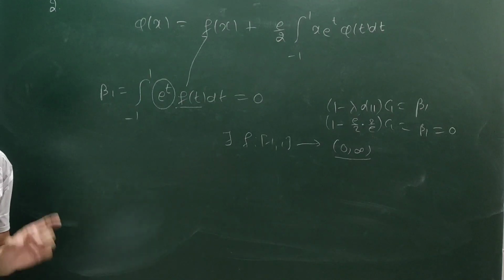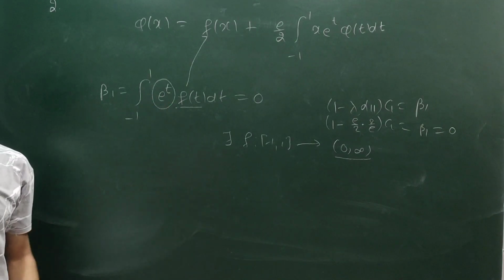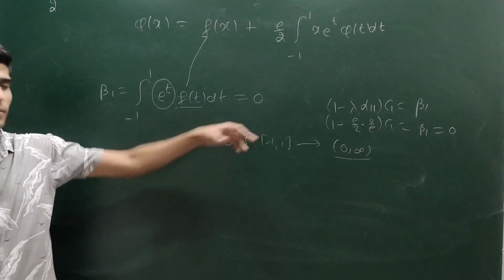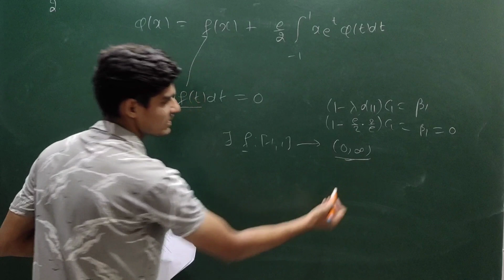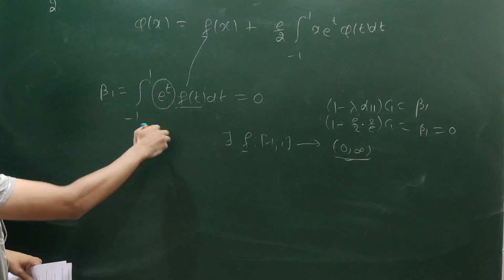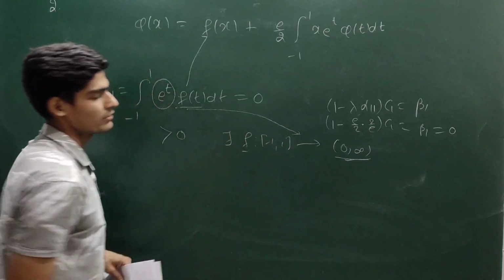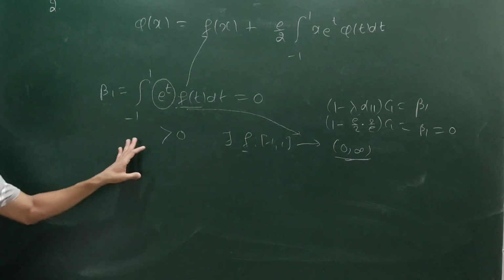And by Riemann theory, if your function is positive, then the area will be positive. You cannot have the 0 value because this is a positive function. Because of this, the range is always positive, e power t is always positive. So this integral will always be positive for this choice of f. Similar argument for option B.